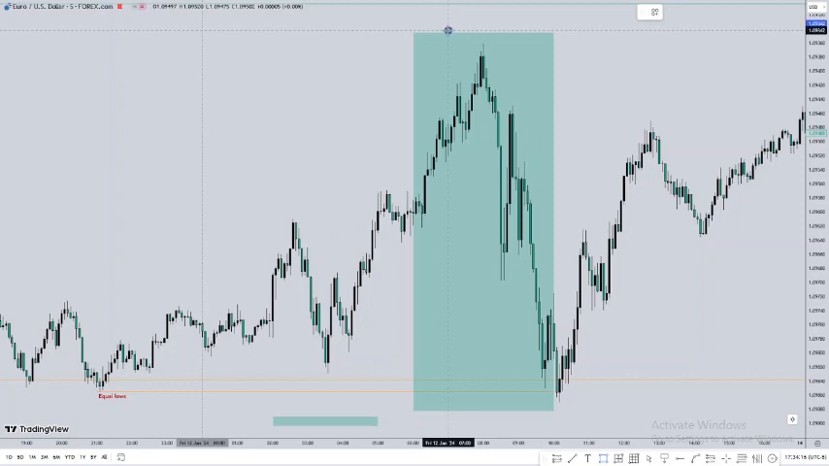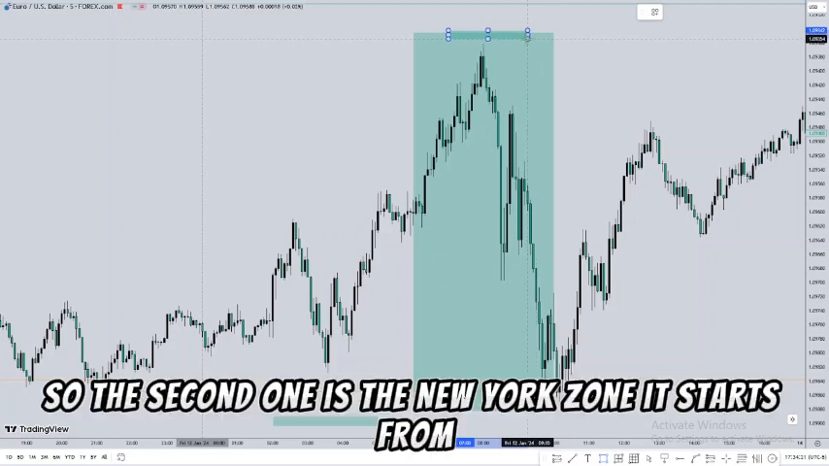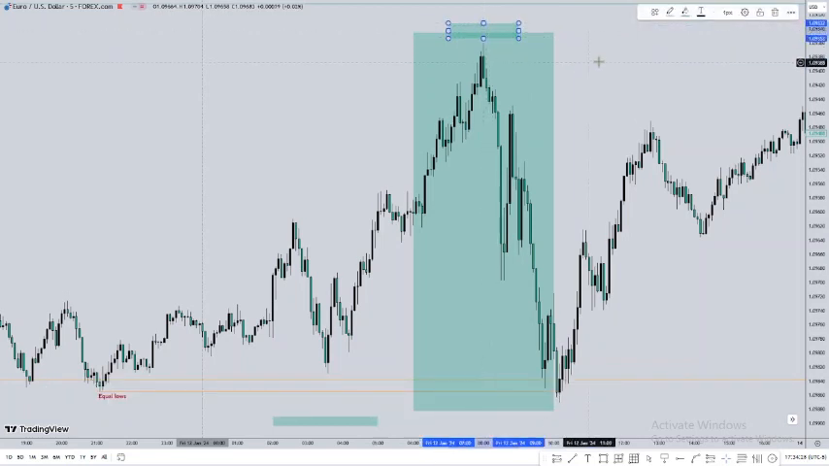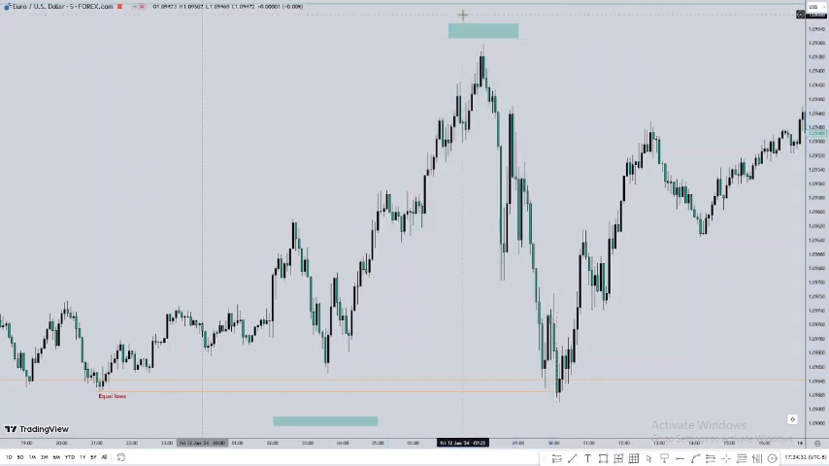As long as you've changed your time zone to New York, you have no problem. Okay, so the second one is the New York zone. I'm going to clean this off. This was a news event. We're going to talk about this. So these particular places are where we focus on to trade. These are where we come into our charts to read price action. Okay, over here is the London session,